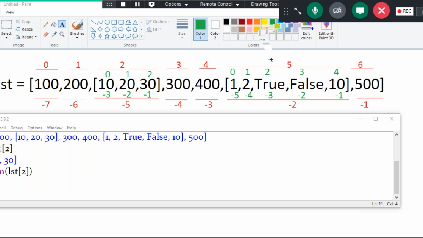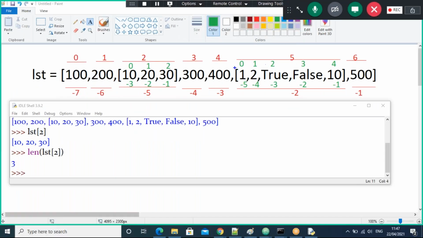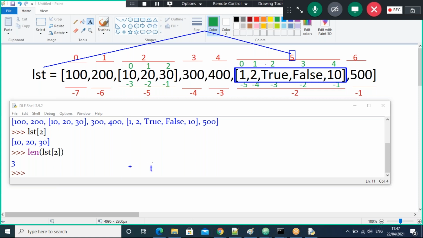See what I want here in this sublist. In this list, guys, I want to count the number of ones. So first of all, go to this list. How to go there? By using LST of 5, guys. If we use LST of 5, then the sublist will come. On that one, I want the count. So what do we do now? First, what do we take here? We take LST of 5.